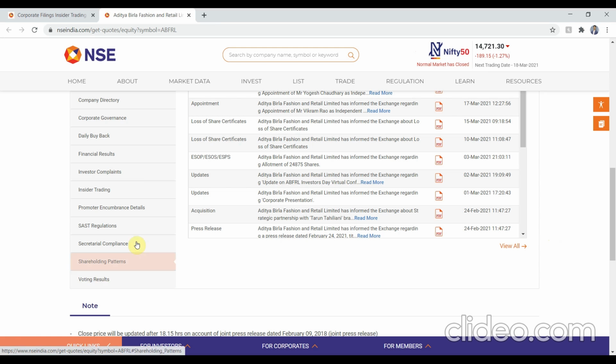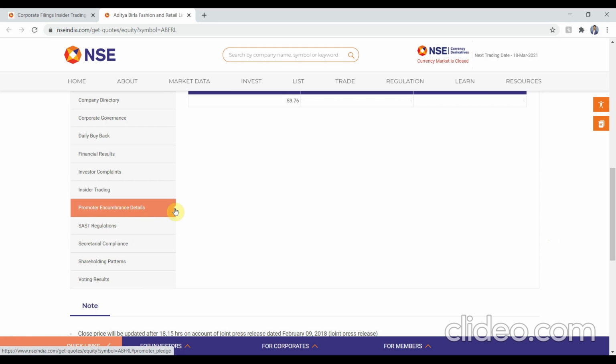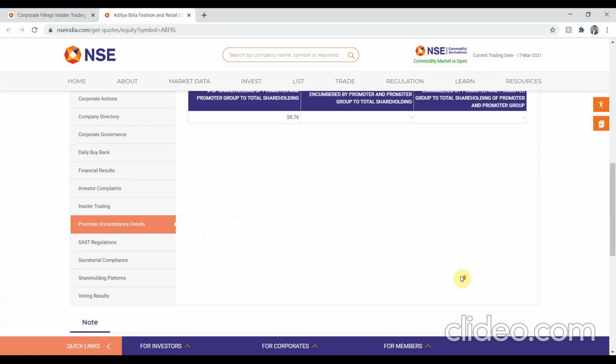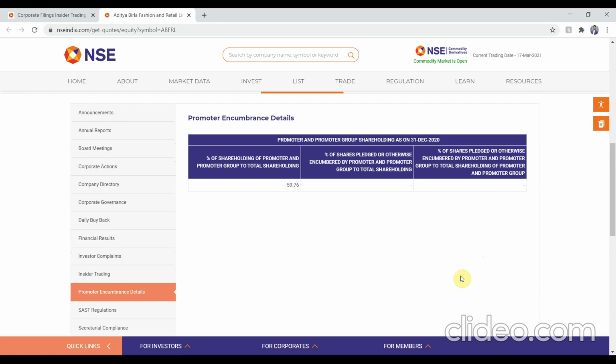The third criteria would be the promoter encumbrance detail, and we will check the percentage of shares pledged in that particular stock, and it should be 0% according to my rule. Again, this lower bound, sorry, this upper bound is set according to my rules. But you could change that upper bound to be 1%, 2%, 5%, etc., whichever number you seem fit best for your analysis.